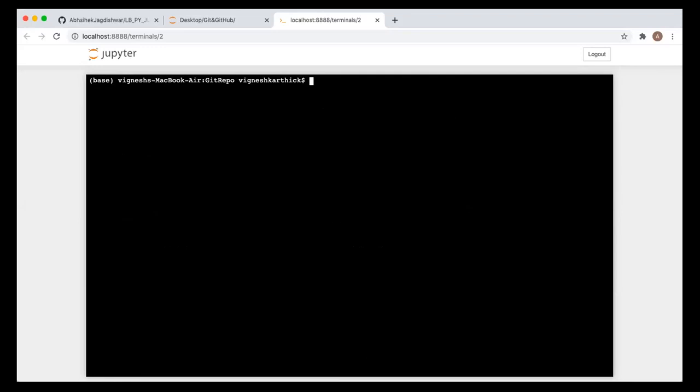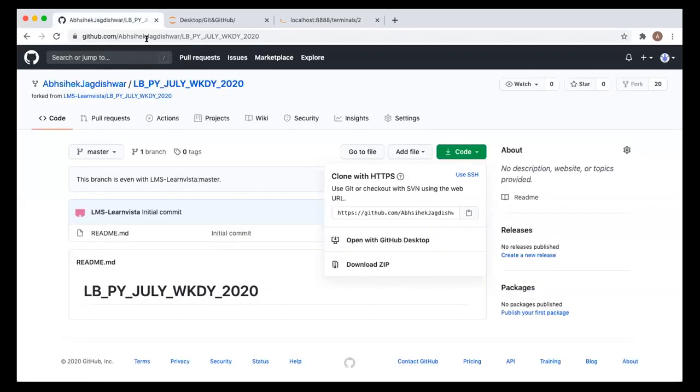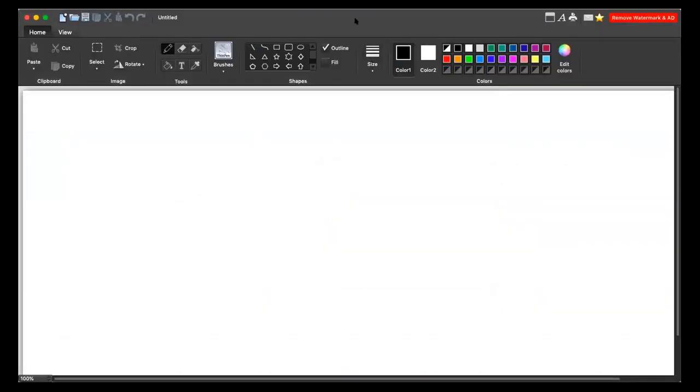So now what I need to do is clone this repository onto my local system. Now let's understand a bit of how Git and GitHub work. Let's try to understand it with an image.